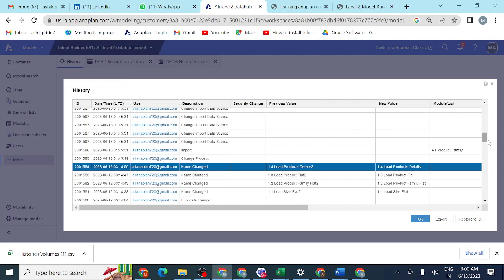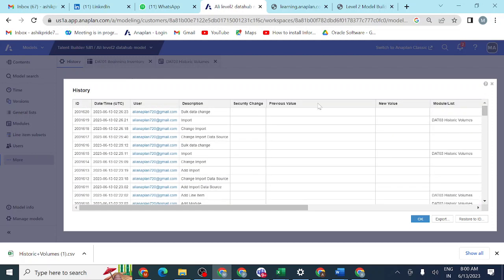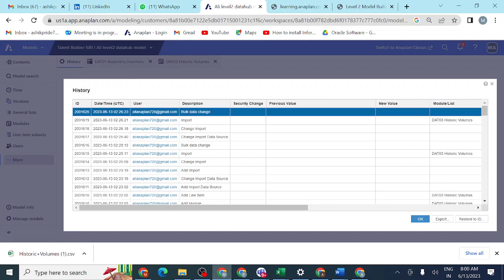Again, if I want all my changes back, then I should restore this ID. I will get back all the changes, exactly to this position. You can see here the historic data values I created, so these changes I will get here. Okay? This is the advantage: you can restore, you can cancel, and you can restore whatever you want to do. This is the advantage we have by using this.